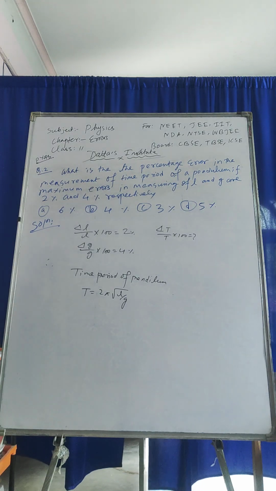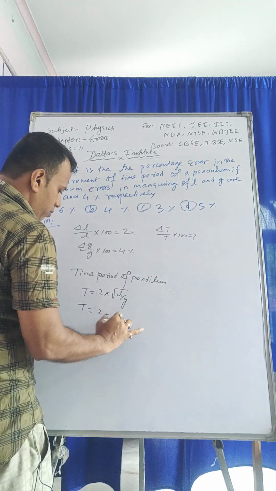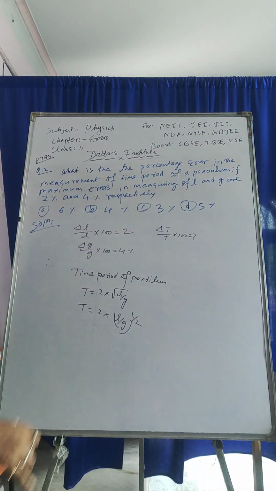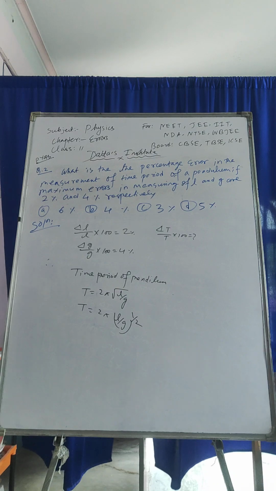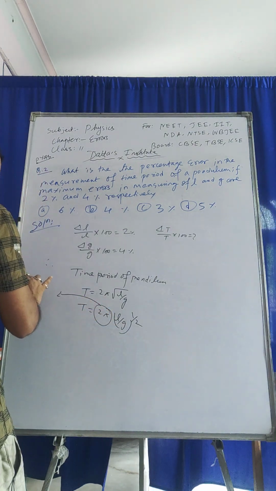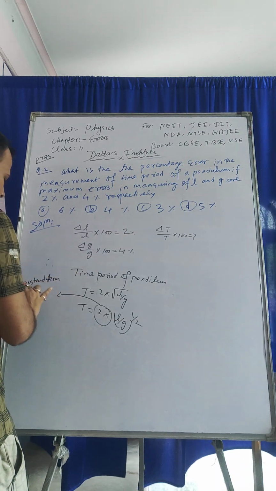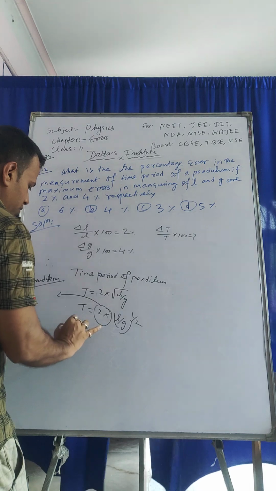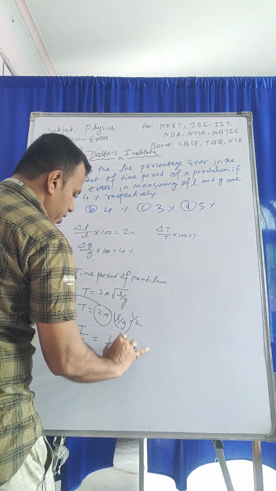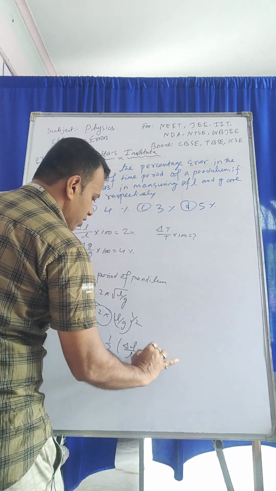The root can be written as the power half. Now this 2 pi is a constant term, and it will be eliminated. So if I use the formula, it will be del T by T is equal to half of del L by L